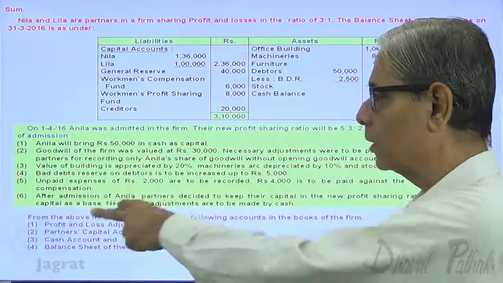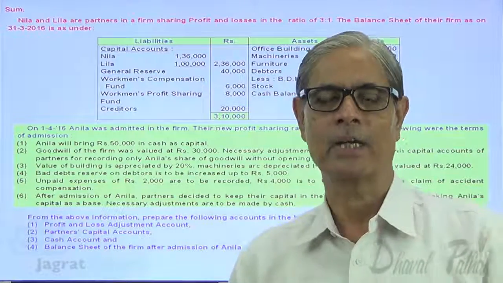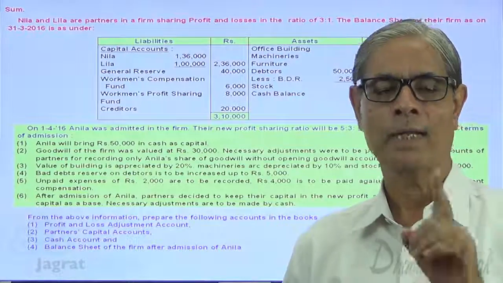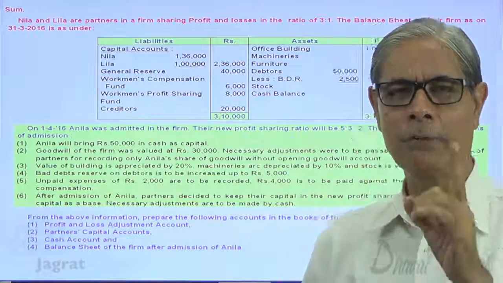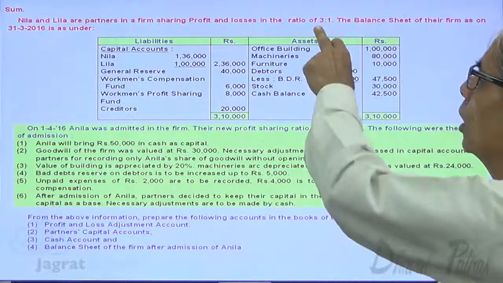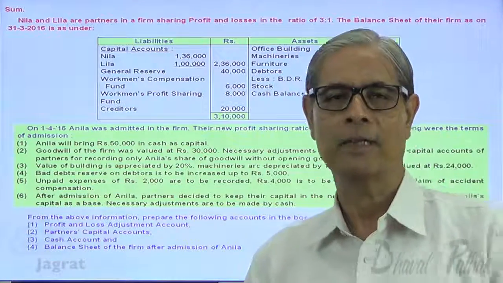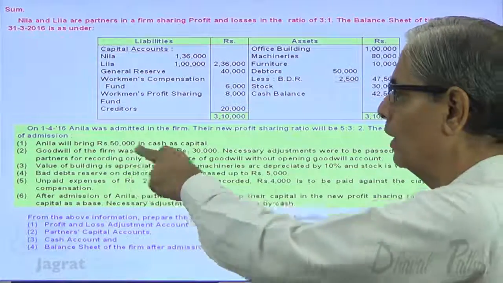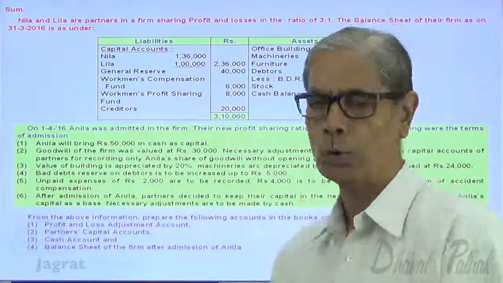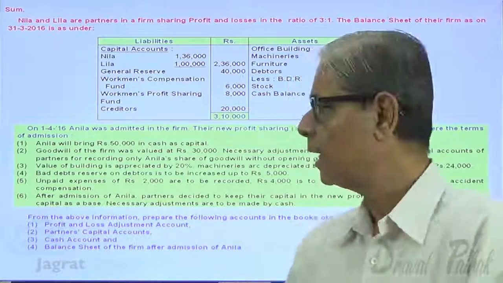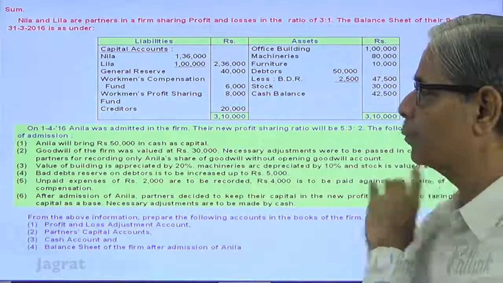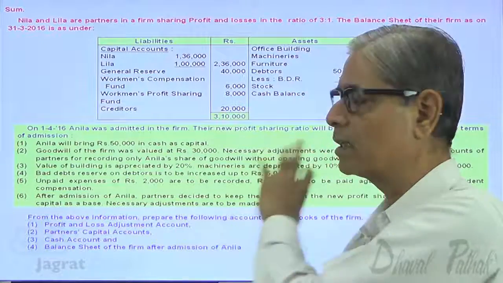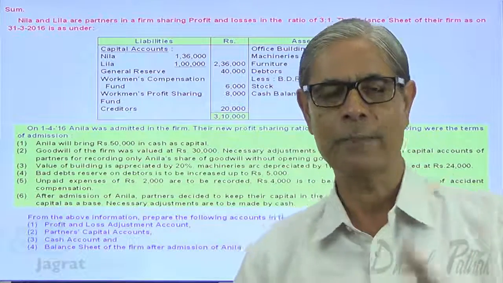Third step, I'll close this profit and loss adjustment account and find out the net profit or loss on revaluation of assets and liabilities. And that profit or loss, whatever it may be, will be distributed amongst partners in their old profit sharing ratio, that is 3:1. Fourth step, I'm going to consider the goodwill adjustment as given to me in adjustment number 2. And after that, I'm going to consider the capital adjustment. So my fourth step is the consideration of goodwill adjustment, and last step is to consider the capital adjustment. This is how I'm going to solve the sum.